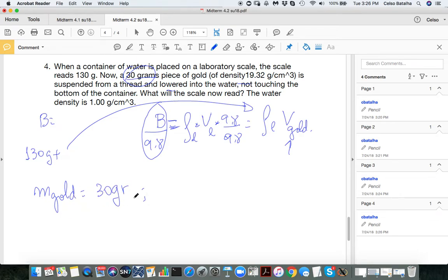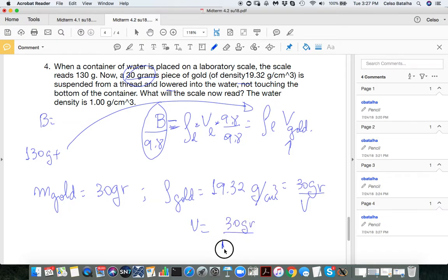But we know that the density of gold was given. That is 9.32 grams per cubic centimeter. That is equal to mass over volume. So we can figure here the volume of gold in cubic centimeters. And then you play your cards, either changing to liters or milliliters or whatever. But so you have to take now this volume of gold, plug it in here, and then you can have the reading of the scale. Okay,